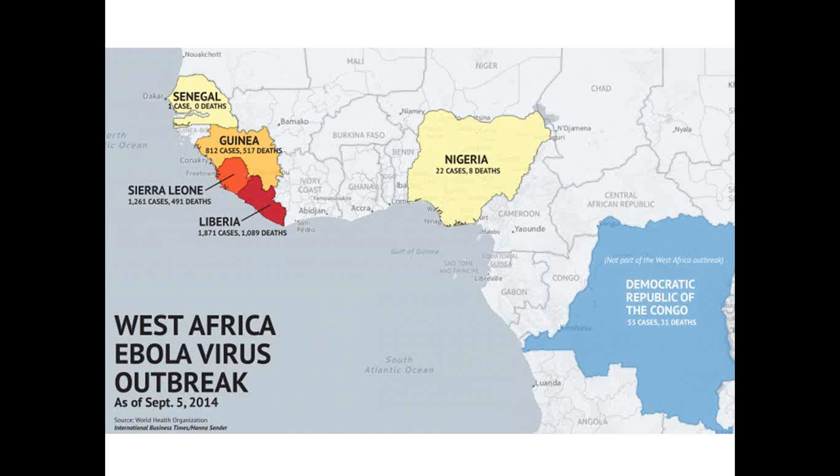We also had some successes early on, and this is one of the things that has made this situation a bit more complicated in terms of understanding. If you look here, again, the 3 impacted cases, but I want to highlight this slide because of one case that occurred in Senegal early on, as well as a case that was introduced into Nigeria. Let me spend more time on the Nigerian situation where, in fact, an individual who was infected in Liberia flew